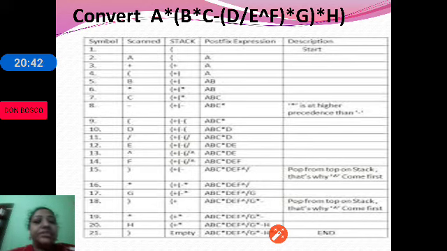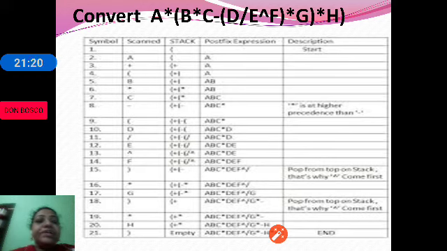Cap, or the exponent. Exponent again goes to the operator stack. Then comes F. F is an operand. As it's an operand, it directly goes to the postfix expression. Then comes the right parenthesis. If the scan symbol is a right parenthesis, we pop the elements until we get a left parenthesis and put them onto the postfix string. Until we get the left parenthesis, the popped elements are exponent and slash, and they are placed onto the postfix string by discarding the left and right parenthesis.